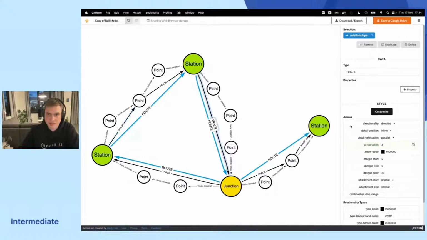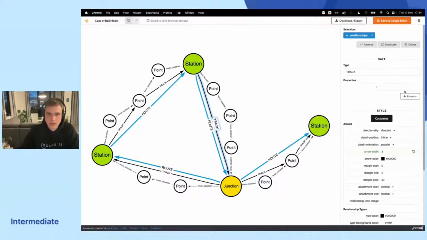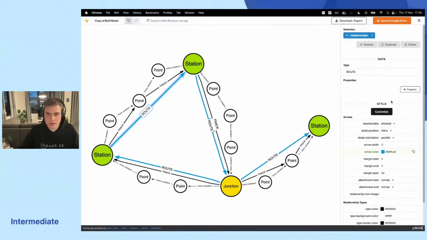And one of the things that I haven't done yet, which I just want to show you quickly, is adding properties. So as I said, on each track and every route and every segment, we have a length. Let me pick a better example here, maybe this one.